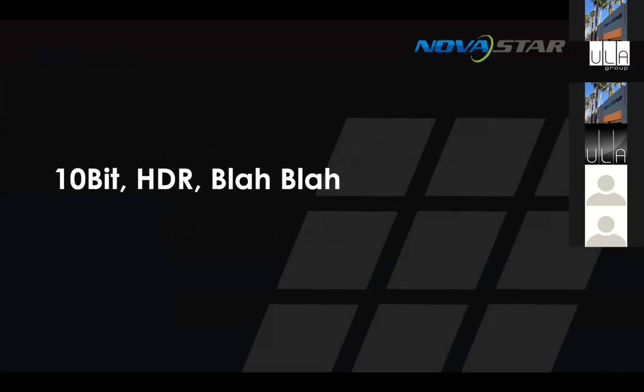Predominantly everything's 8-bit that we used to, because to start running 10-bit and HDR, you need a whole new program chain and control chain. The 4K, the Ultra HD, Ultra H Junior all support HDR and 10-bit, as do some of the other controllers, but fundamentally, you're going to need a whole program chain that supports it as well as specialized content, especially for HDR.